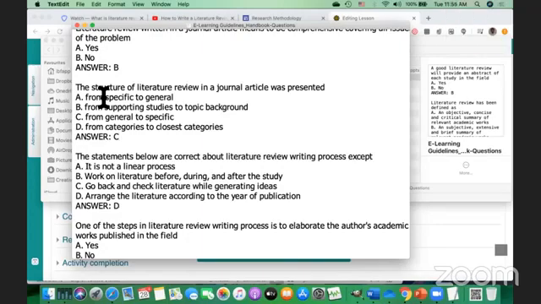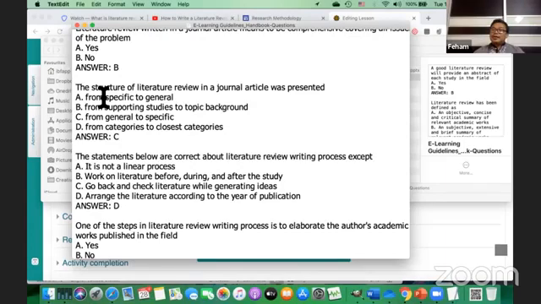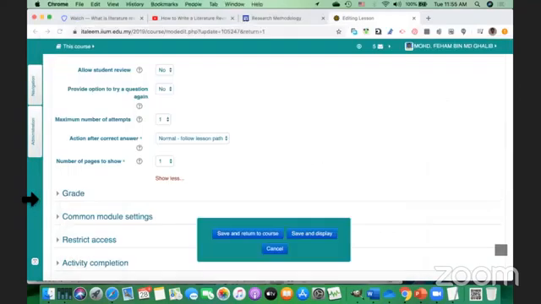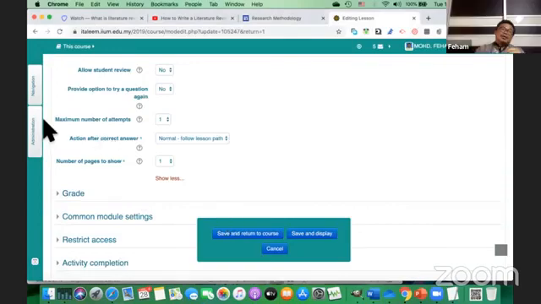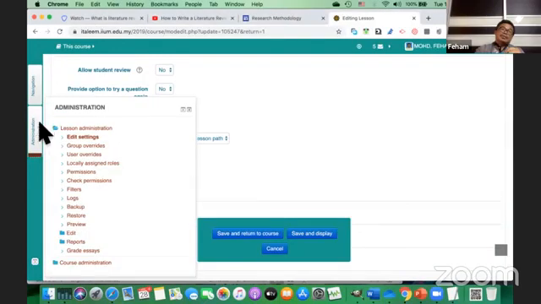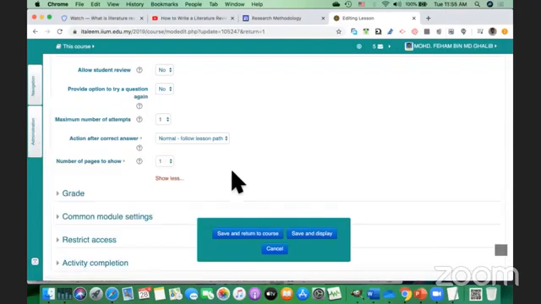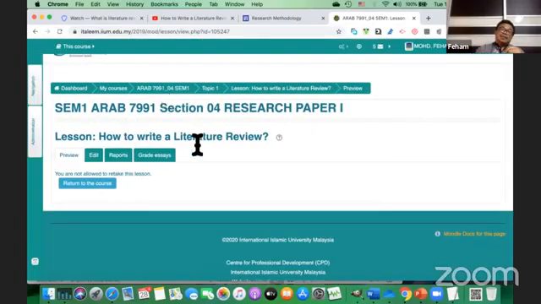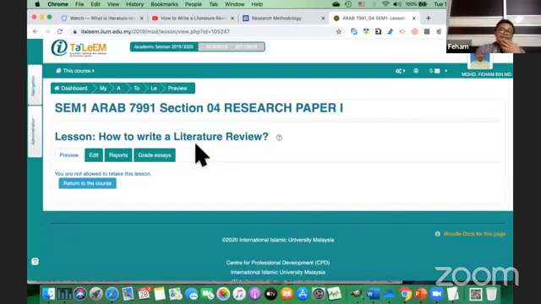Another question. After all the students complete the lesson, can we see a graph of how many students scored high marks and how many failed? Is there any feature to show the graph? It can be seen right from the lesson activity itself, since you are the instructor.